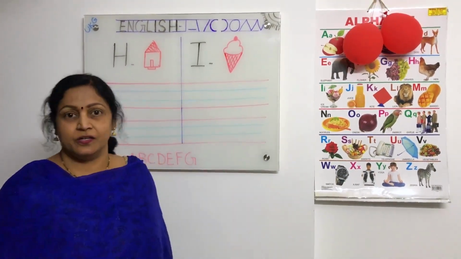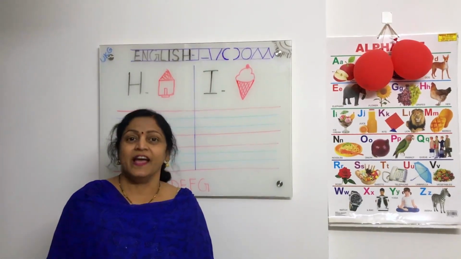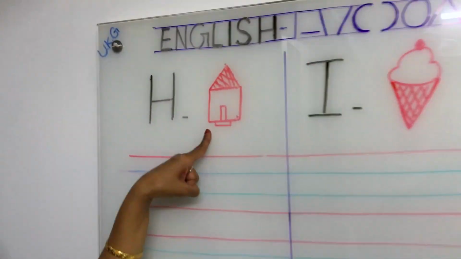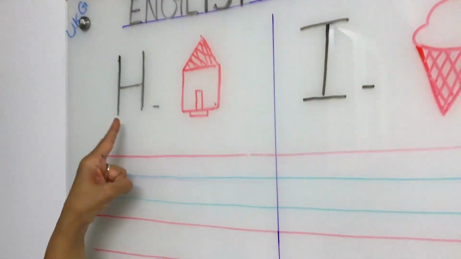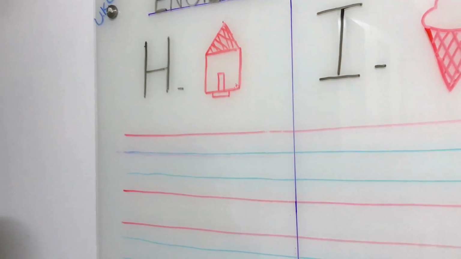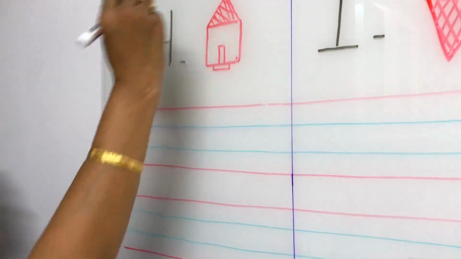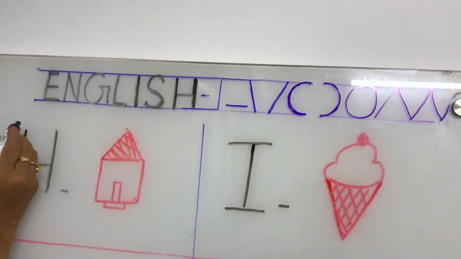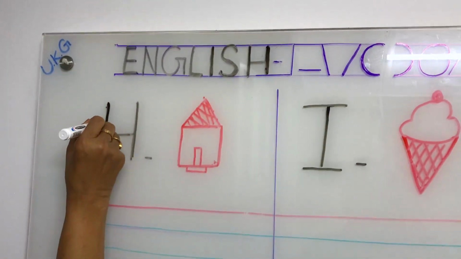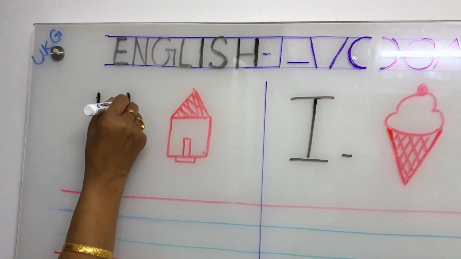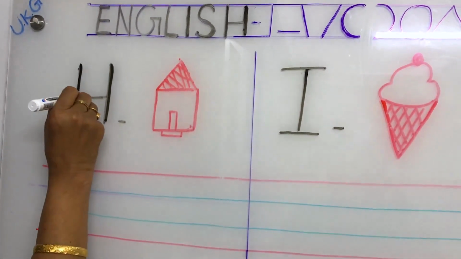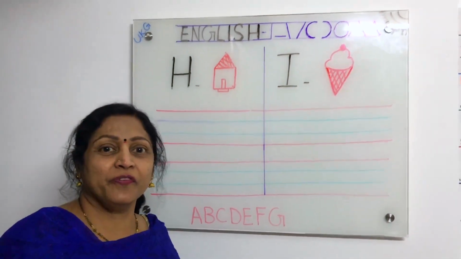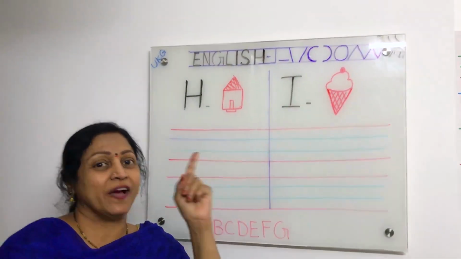Okay children, now I will show you how to write the letter H. Look at the word. See, what is this? This is hut. H for hut. So, this is very easy children, how to write the H. See, here standing line is there no? So, we have to take this hand. Standing line, and one more standing line joining with sleeping line. That's all. What we need for H children? Only 2 standing lines, 1 sleeping line.